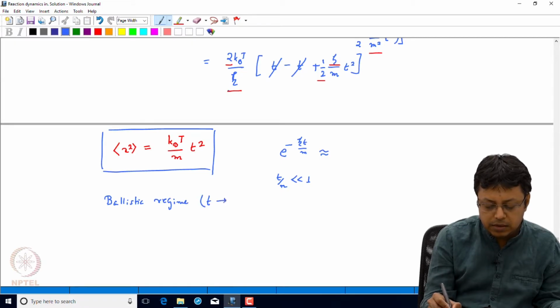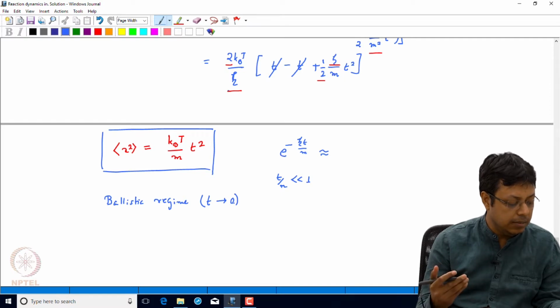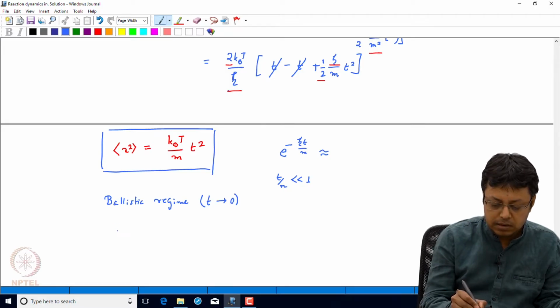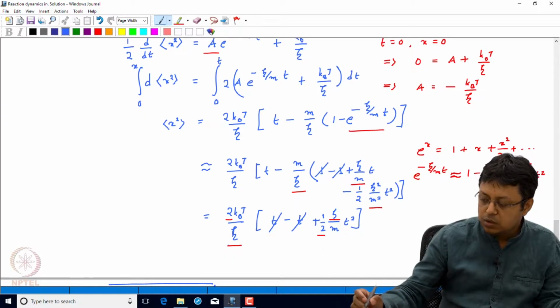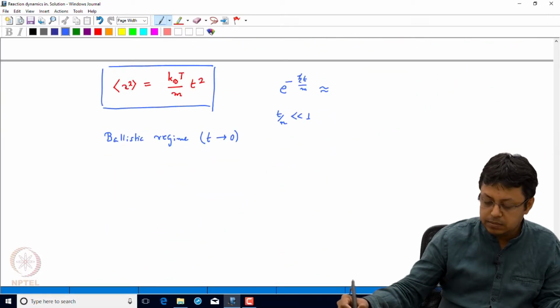When actually t goes to 0. Now, if we think about the other limit, in the sense that t is very large, then what we will see here is that this value is (kBT/m)^(1/2). So, we can actually write it in this way. You can go back and look at your exponential. So, if the time is very large, or t is much smaller than m by zeta,